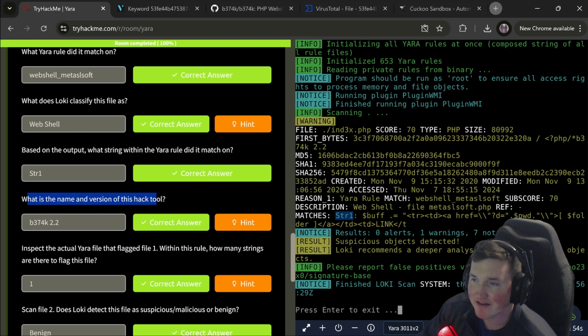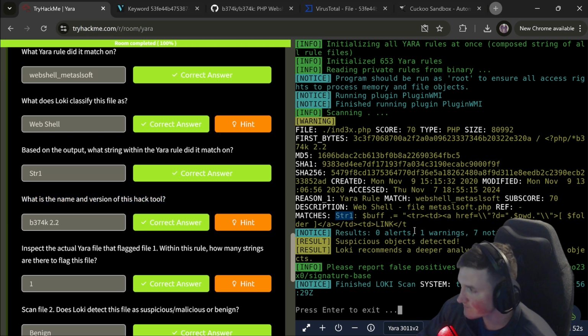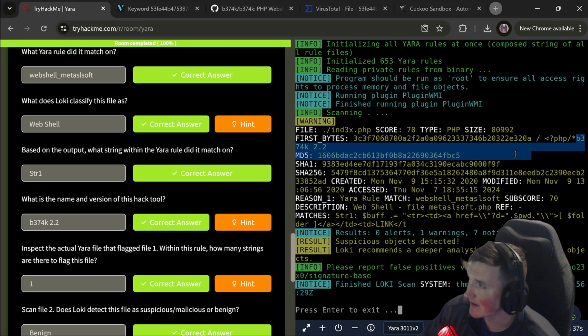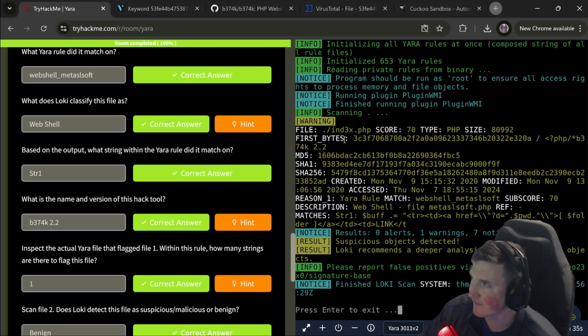Now, what is the name and version of this tool? Well, if you look, where is it? Right here, B374K is the name, 2.2 is the version, right? And that might not make any sense, but that's the name. It's in the first bytes here. And keep in mind, it's the name of the shell of the tool. The actual file's name is index.php, right? But the tool name is